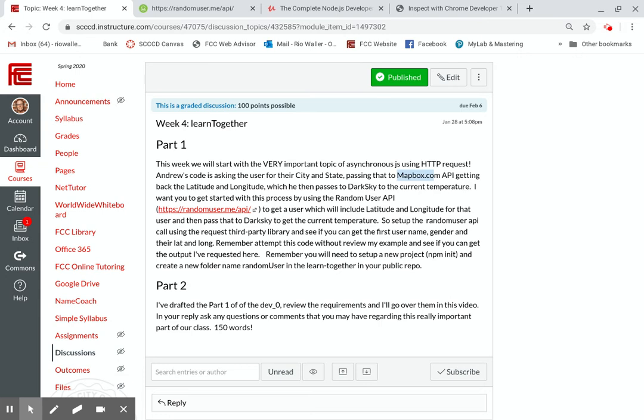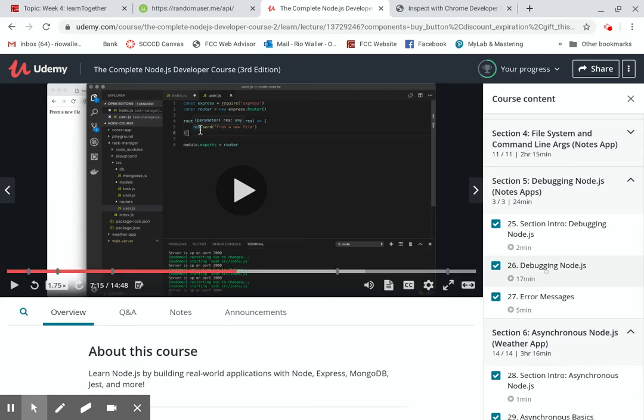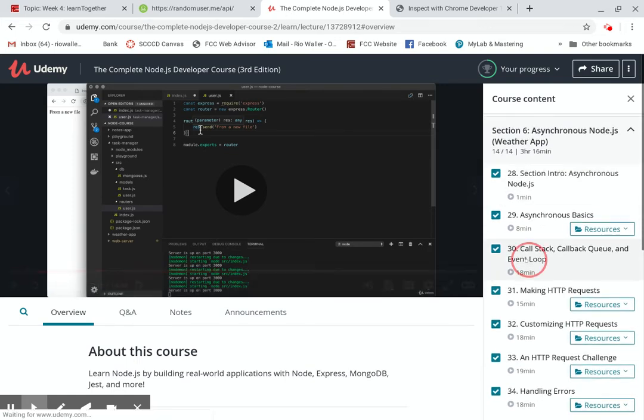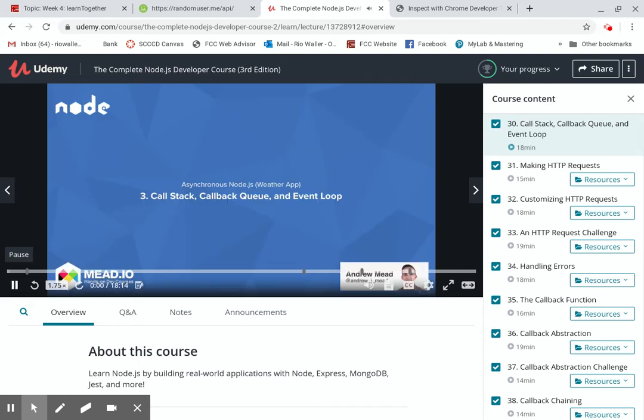This is a very common pattern we see in front-end and back-end development: making a call to an API, which is an HTTP request, and getting back some information that we can then use to possibly make another call. Understanding this pattern is going to be part 2 of our develop it, and I'm going to think about how we're going to do this part in the coming week. But in order to do that, you really need to spend a little time here